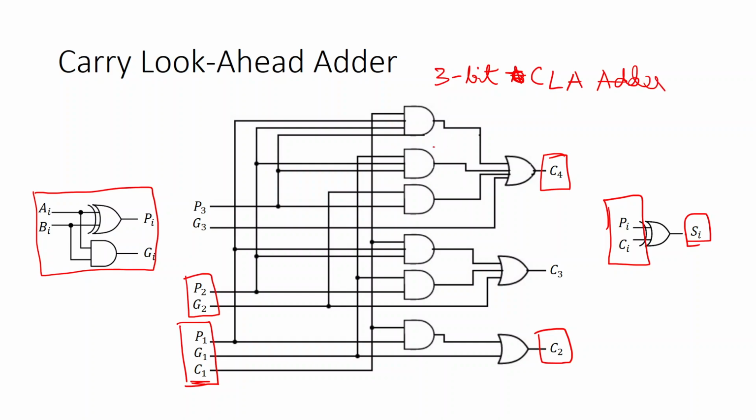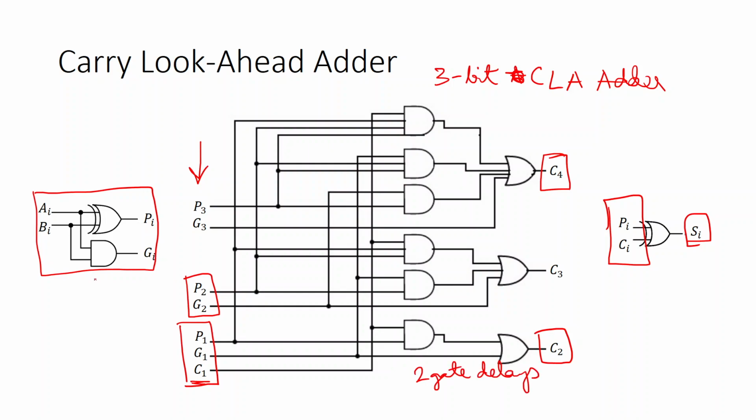So this is how you can design your carry look ahead adder circuits. So that is all. I hope you understood the concept of carry look ahead addition and how it reduces the propagation delay time to a great extent. You have to calculate exactly how much propagation delay there is. After you get the PI and GI, you have only 2 levels of gates here, only 2 gate delays,